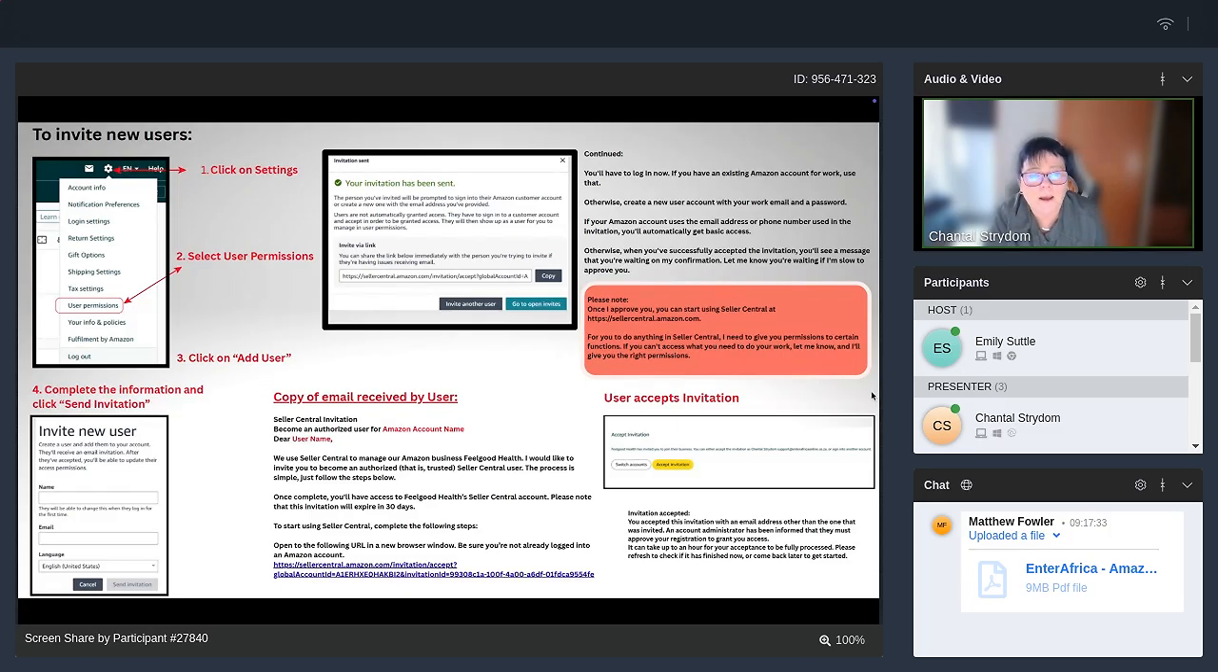Okay, so now the next one is what the email is going to look like that the user receives. So I'm going to read it as if I am the primary user. We use Seller Central to manage our Amazon account, and I would like to invite you to have access to my seller account. To start using Seller Central, complete the following steps. So it wants them to click on the link,